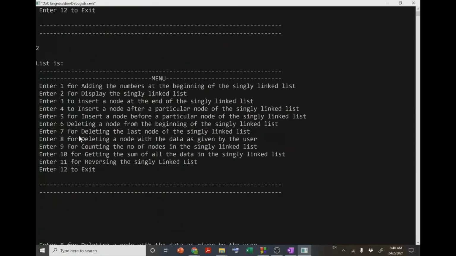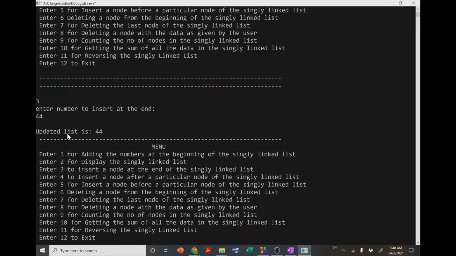So now if I enter 3 to insert a node at the end, it is asking me to enter a number to insert at the end. If I enter say 44, the updated list is 44, so it is our first node also, right? You can see that it has updated the value of 44, and our head is also updated.